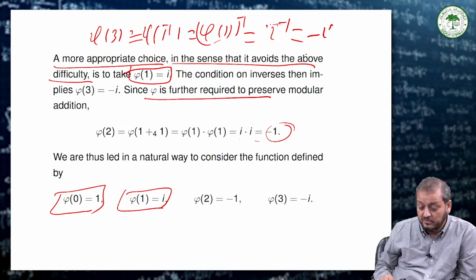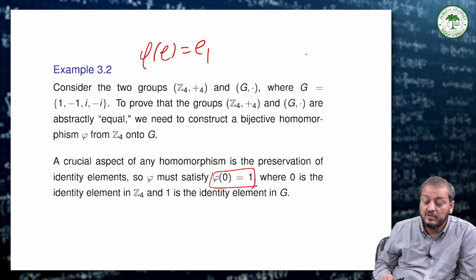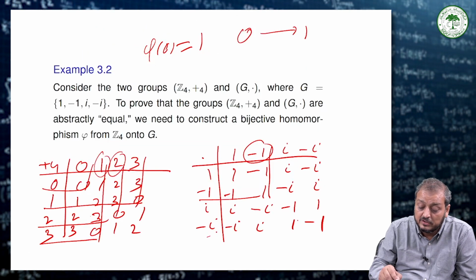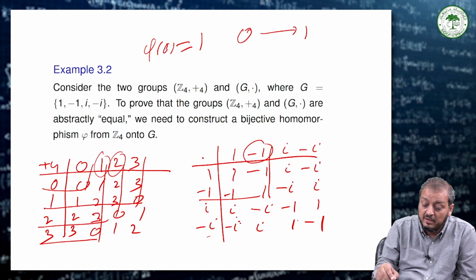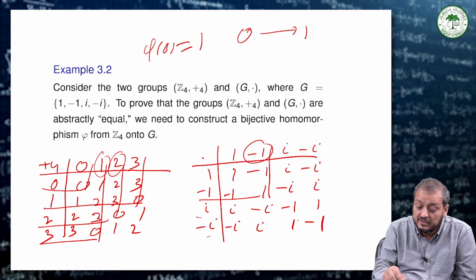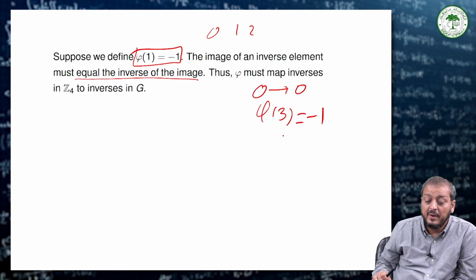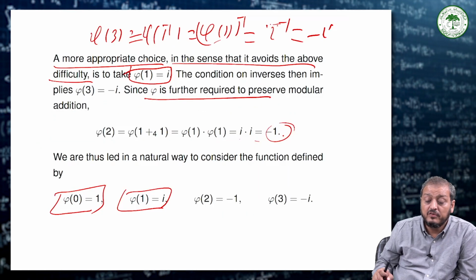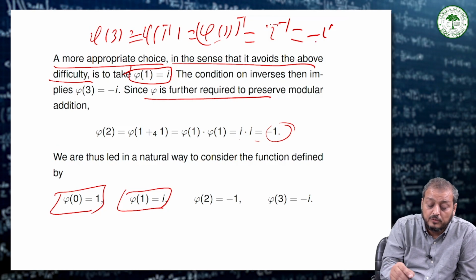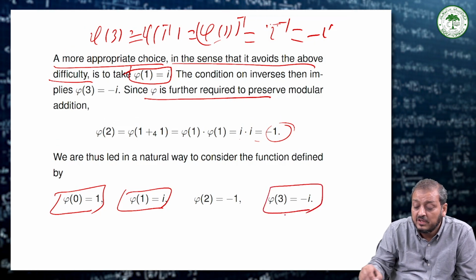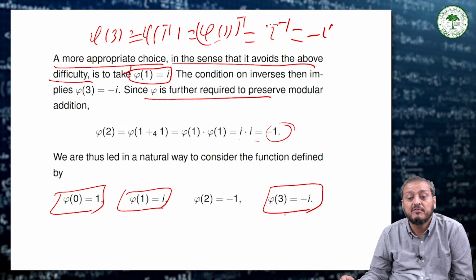Now see, the inverse of i is equal to, you have, minus i. So we say that it is equal to minus i. This means we say that phi of 3 we have to define in the form of minus i,